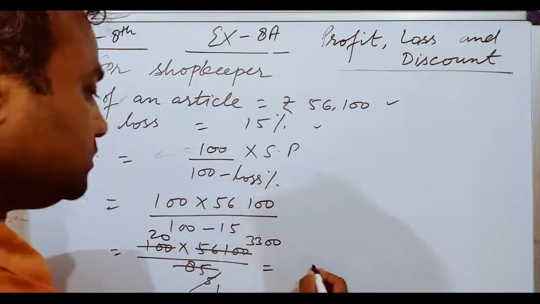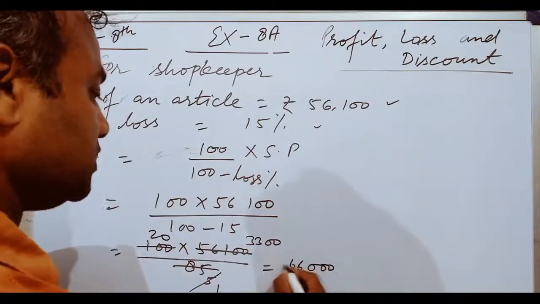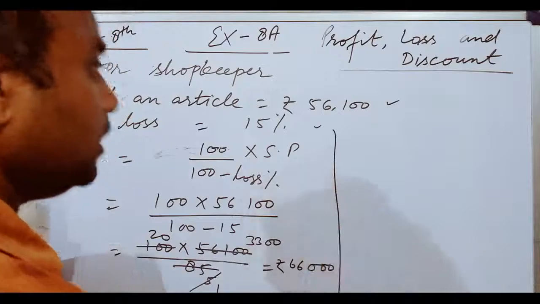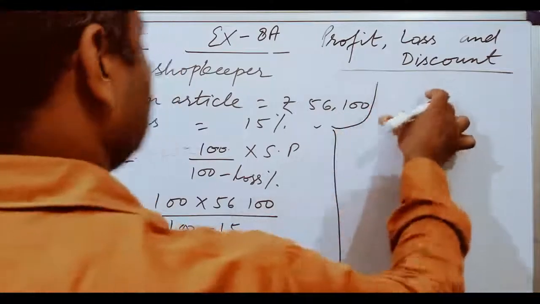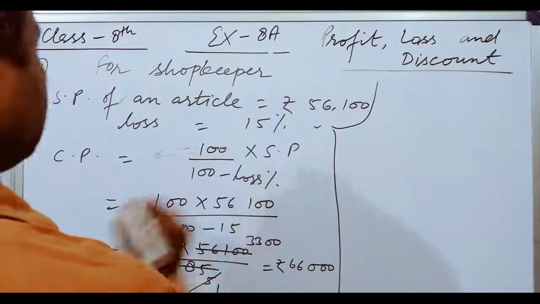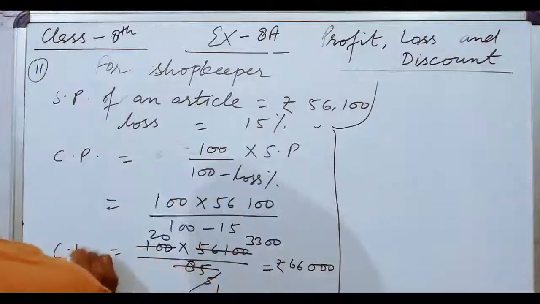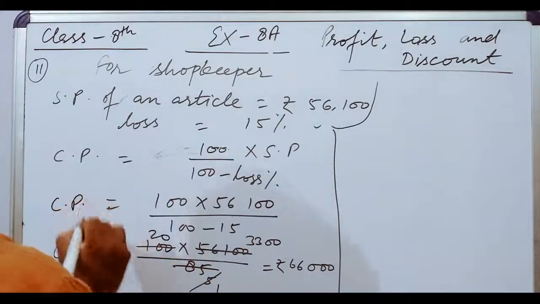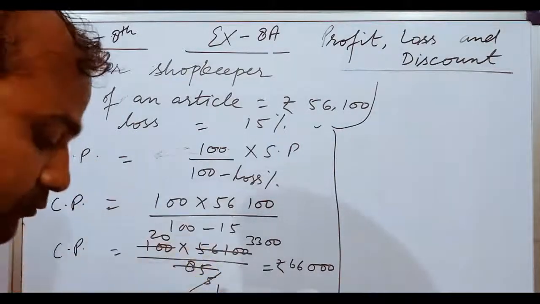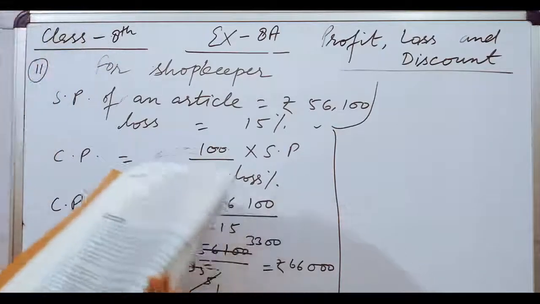It is 66,000. Now this is the CP for the shopkeeper, and the CP for the shopkeeper is the SP for the